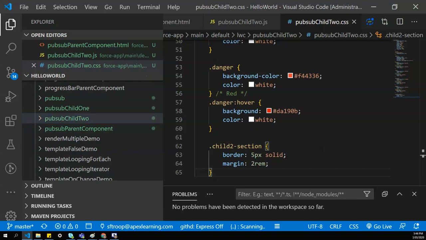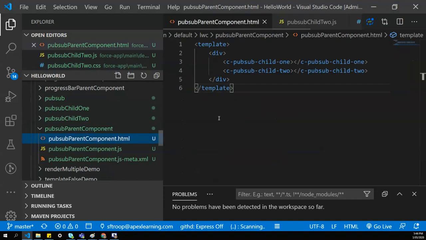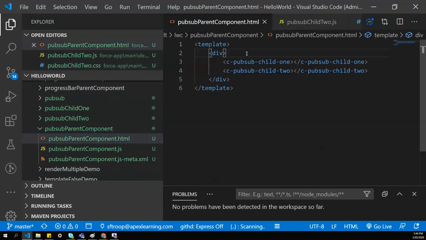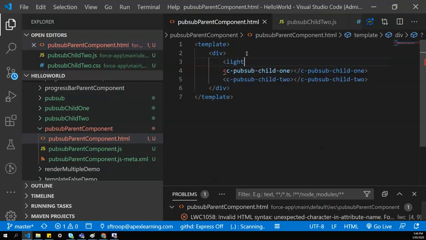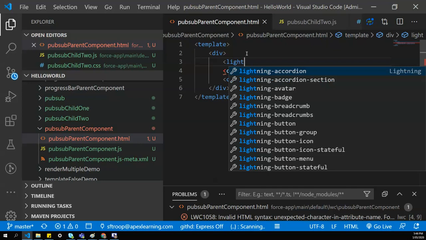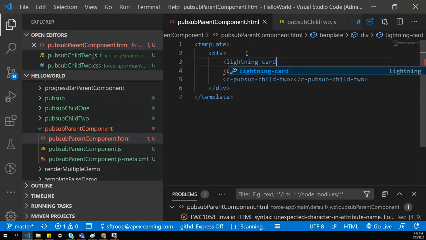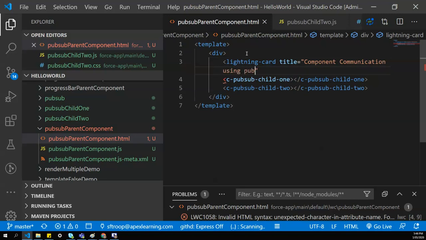So first let's build the parent. Let's make our parent a little bit more beautiful. In the parent component, I'll create a lightning card. Card title: Component Navigation using PubSub module.